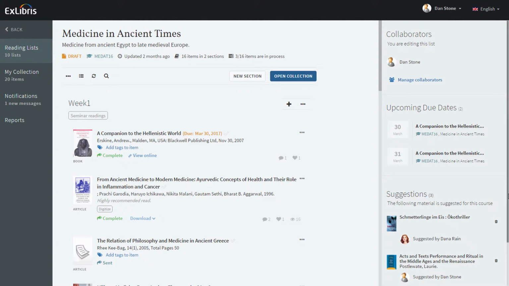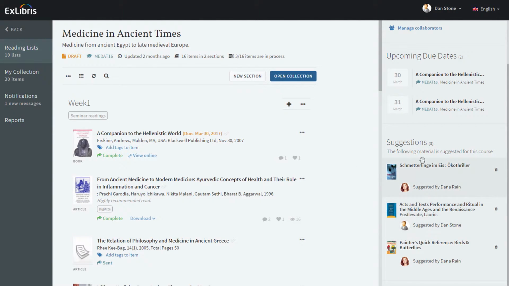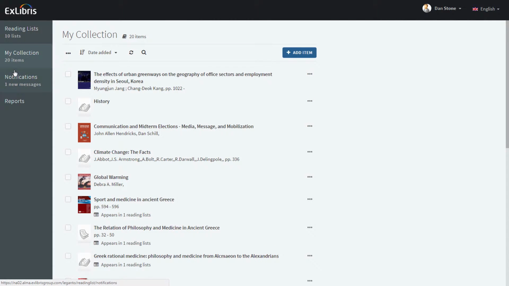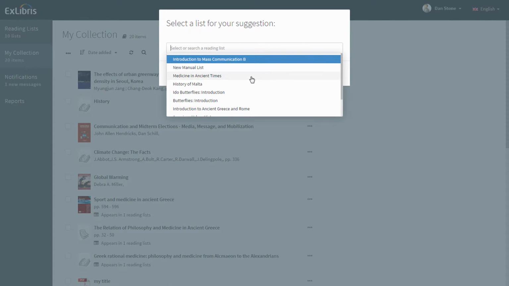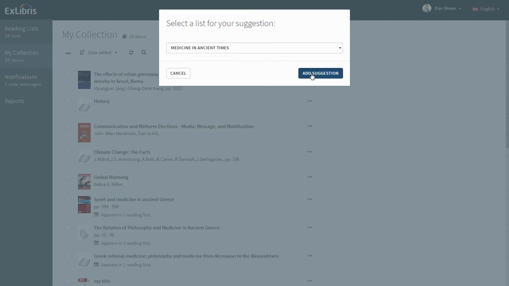Now here in the right-hand pane on the list, at the bottom we have the Suggestions area, where students can add their own suggestions to the list. To add a suggestion, go to My Collection, go to the options of an item, and suggest this item. Select the reading list, add suggestion,